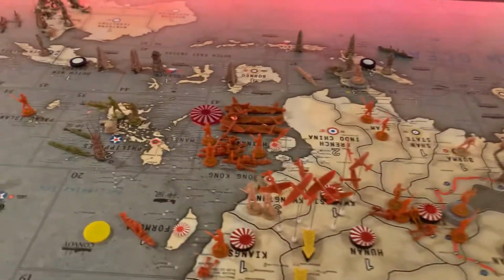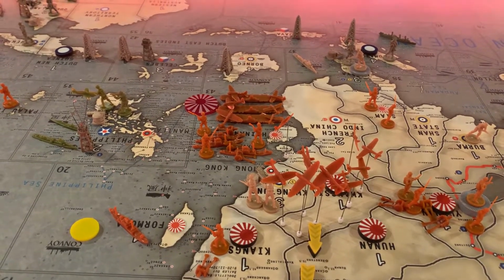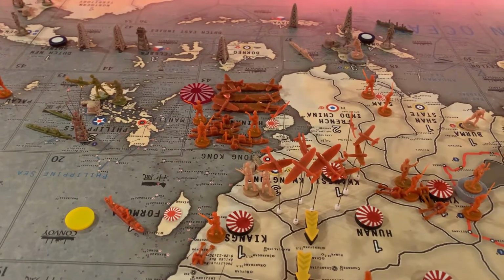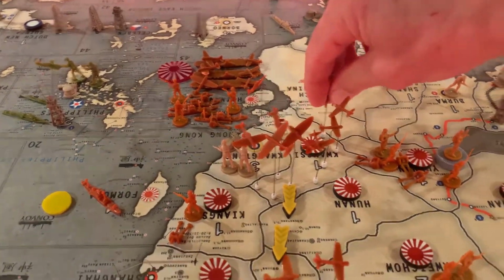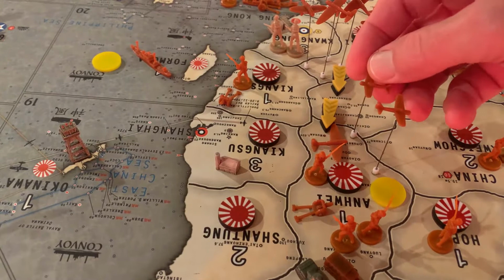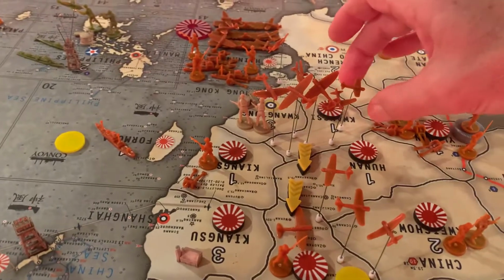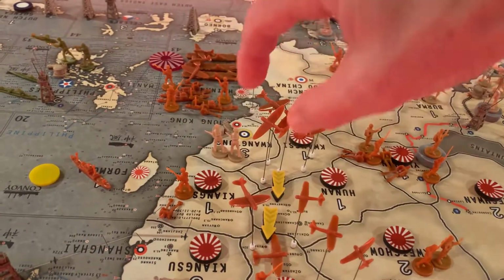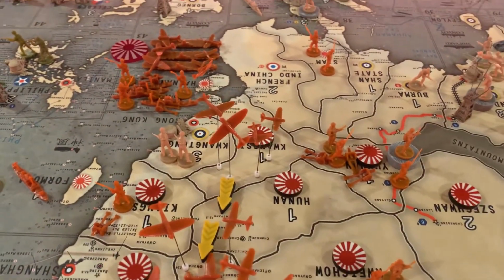Okay, so all right, let's do 1, 2. That's 1 fighter. 1, 2. That's 2 fighters. We'll do 1, 2, and 1, 2. So that brings back 2 tacks. And then